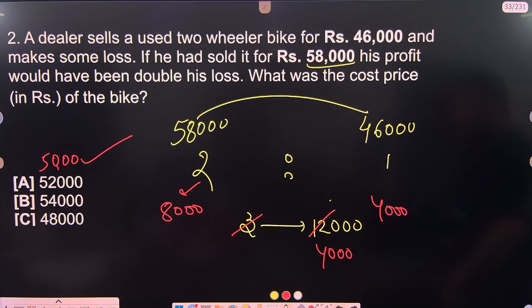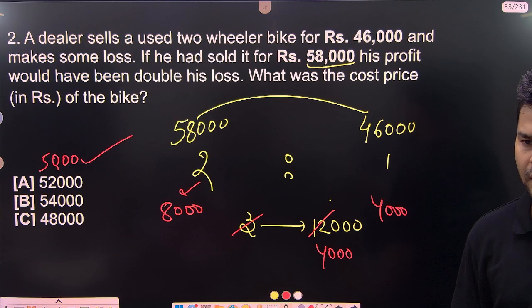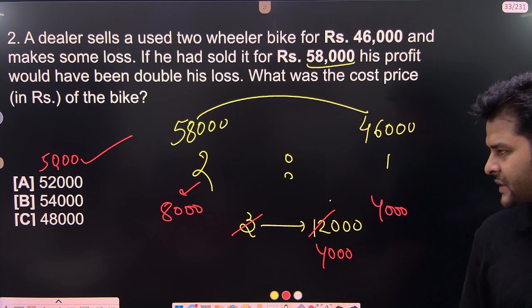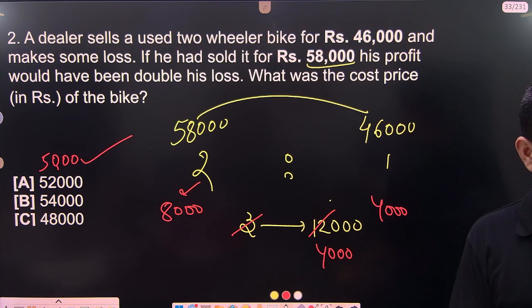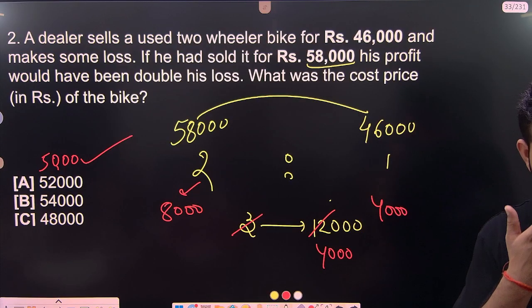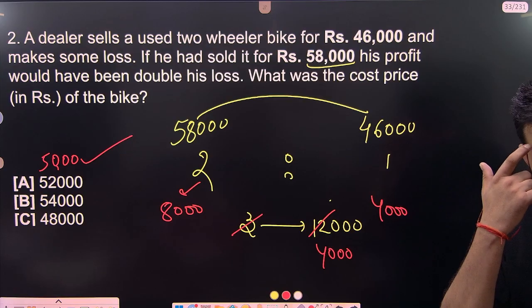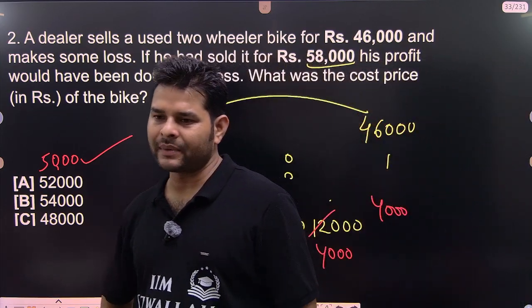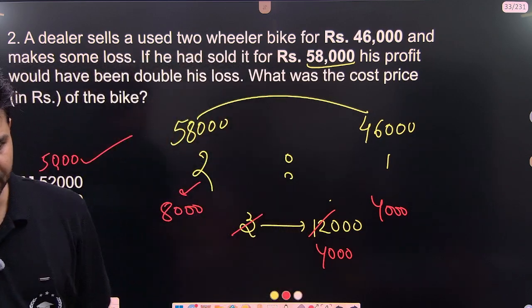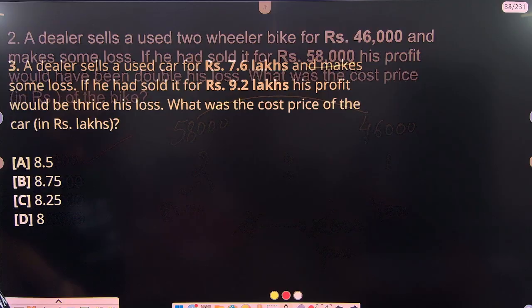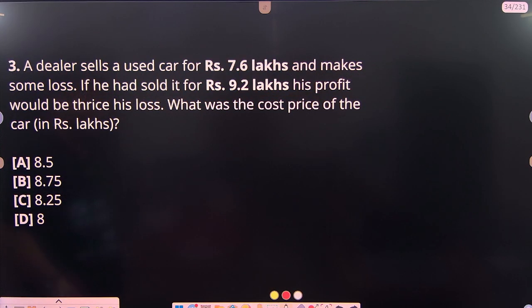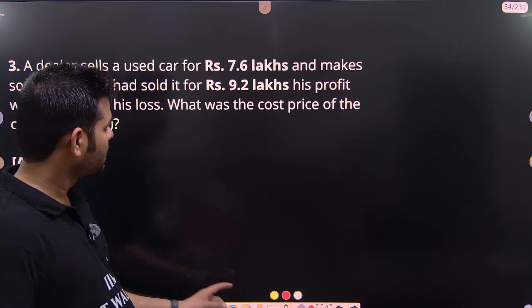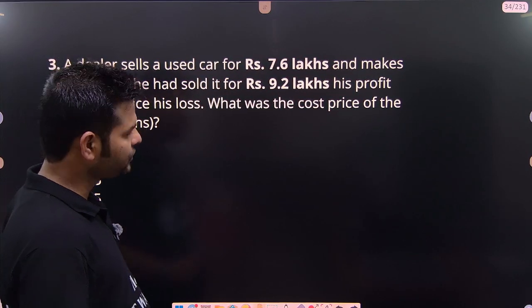Option D is missing, so the answer would be 50. Correct? Didn't you get it? Basically, you got the answer or not? Understood? So first, if the ratio is not given, we need to find out the ratio. Let's do one more question on the same theme. The last one, then we are going to move on.